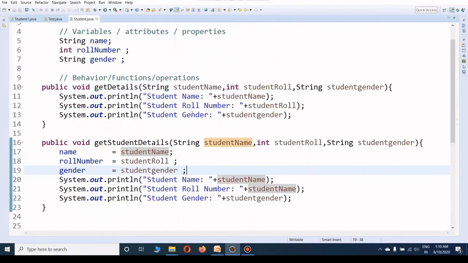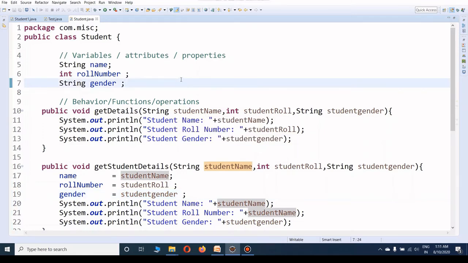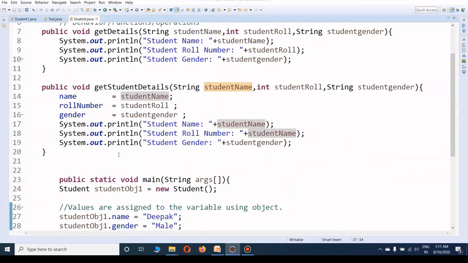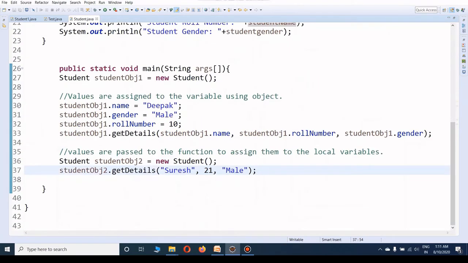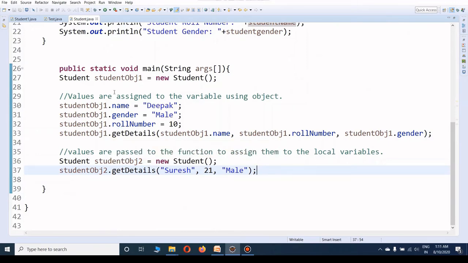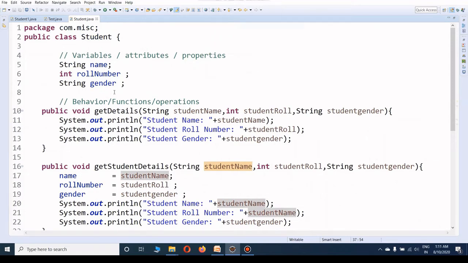So this is about how we use the class, how we can create the objects, and how we can use these objects to initialize the values, assign the values, or call the function. This is about the class and objects. We may create multiple objects here. For demonstration purposes, I created only two objects. Class is a blueprint, and we can create different instances of the class, that is, different objects of the class. Instances are nothing but the objects. This is how we create the class and the objects, and use them to initialize the values of variables and call the functions.